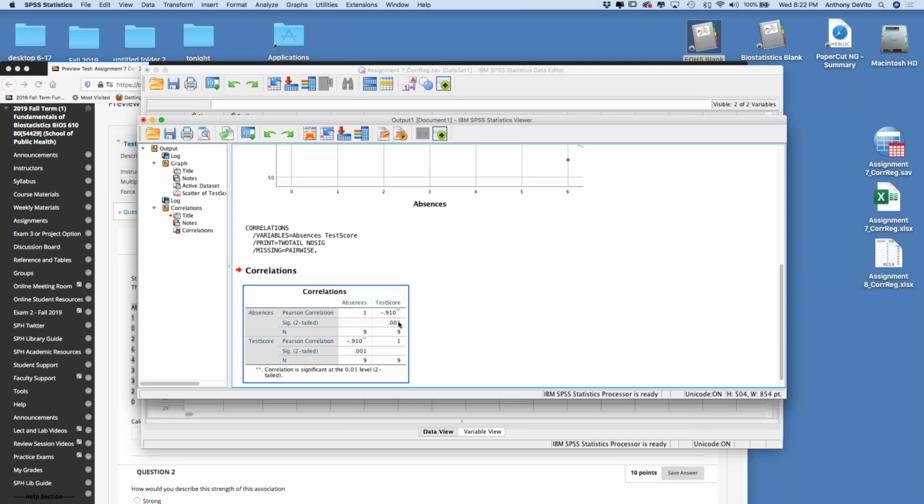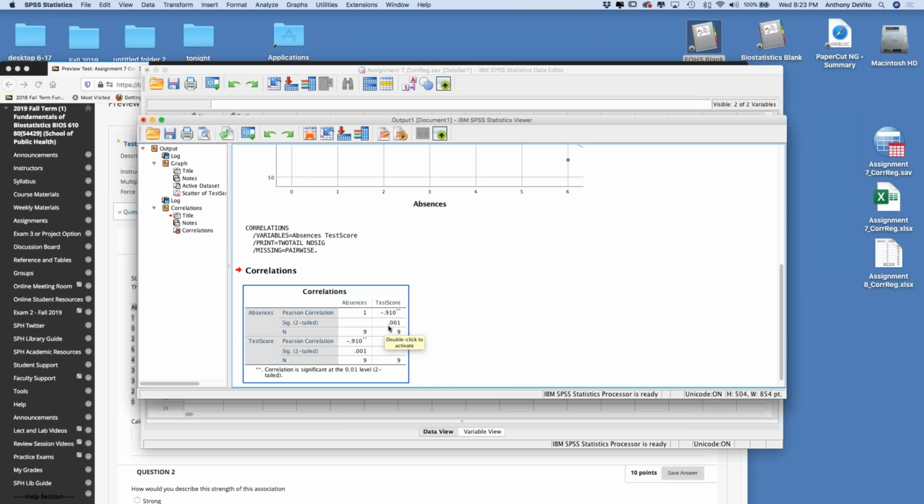Well, what are we looking for there? We're looking for a significance, or p-value, which is less than alpha, our acceptable level of chance, our acceptable level of being wrong if we reject a null hypothesis. And we want that most often to be less than 0.05 before we reject the null